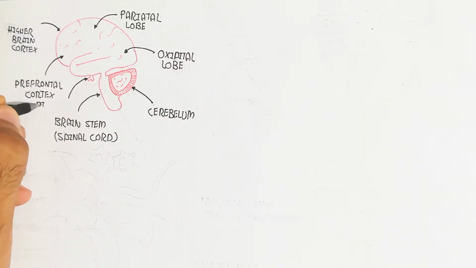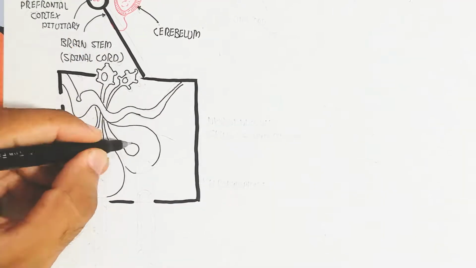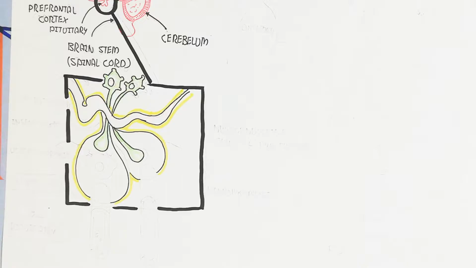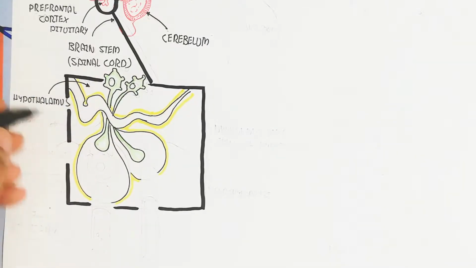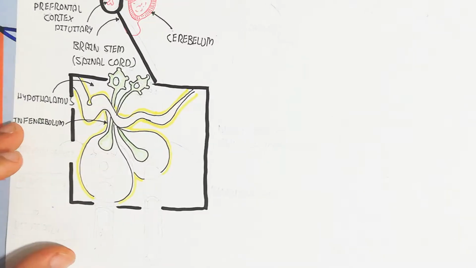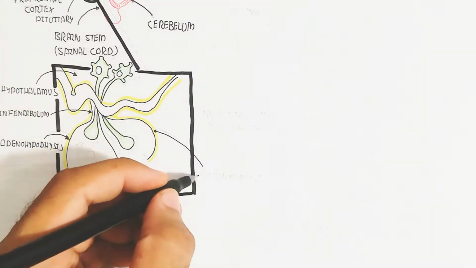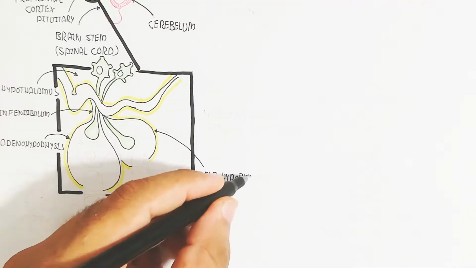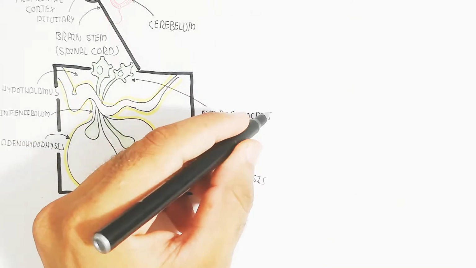And where is the pituitary gland? The pituitary gland is here. This pituitary gland is below the hypothalamus, and the hypothalamus is below the thalamus. So this is the hypothalamus, which contains neurosecretory cells, basically neuroendocrine cells. While here is the infundibulum, and here is the adenohypophysis, the anterior pituitary lobe, and the